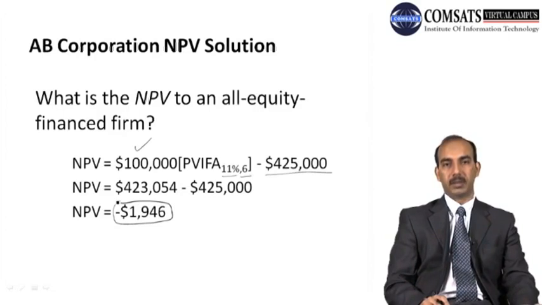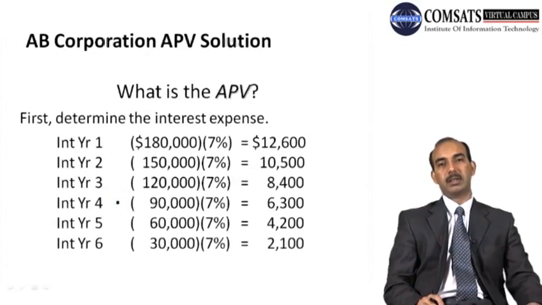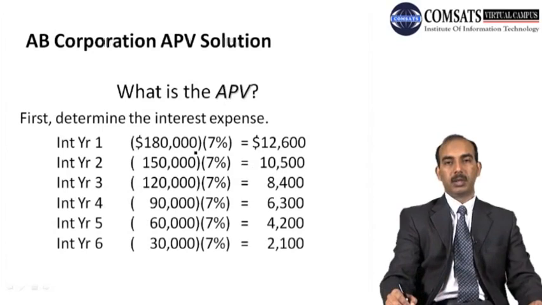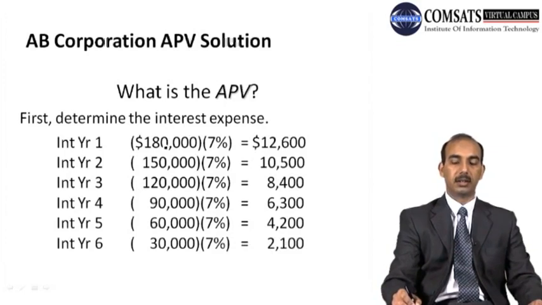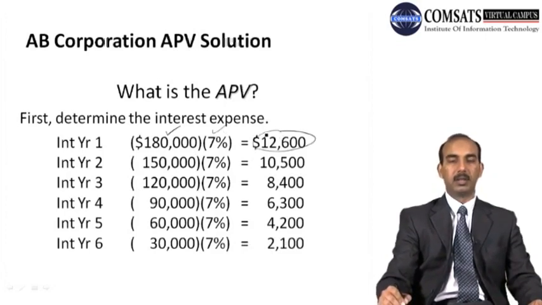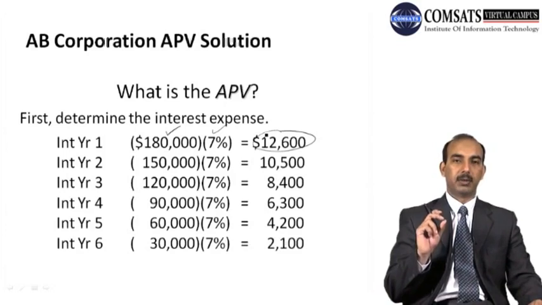$180,000 out of debt financing, and the rate for debt financing is 7%. We first calculate how much interest is going to be paid over the next 6 years. For the first year, the interest is on the principal of $180,000. The 7% of this amount is $12,600, and after that, $30,000 of the principal is paid